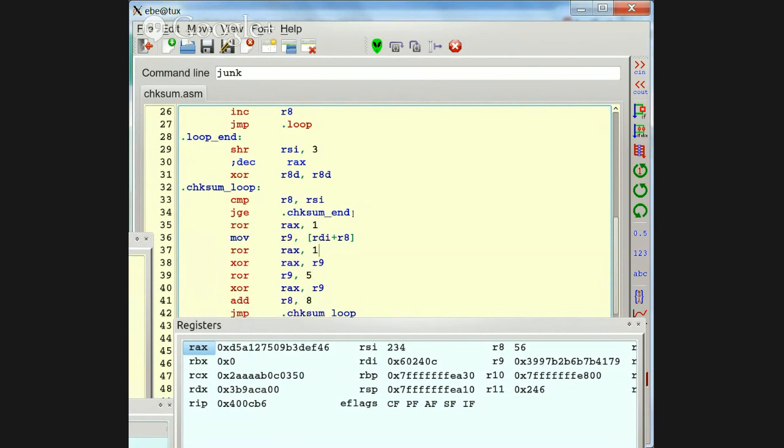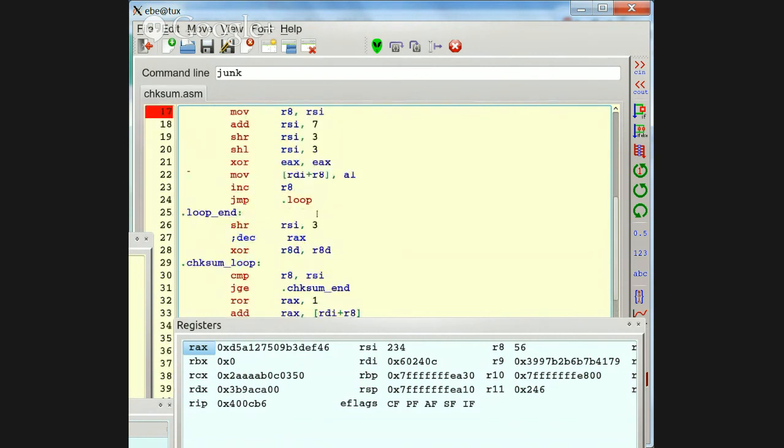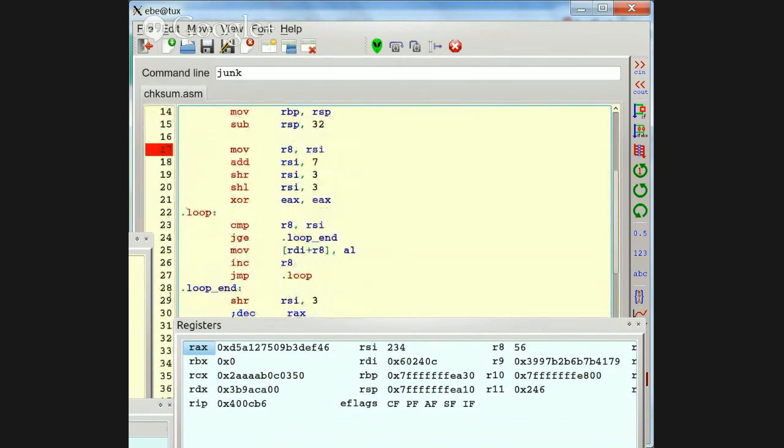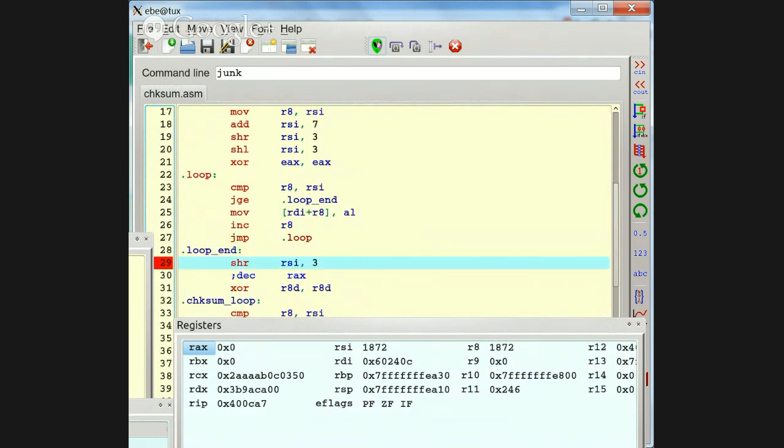And if all we're going to do is add it, there's not much reason why we would want to move it and then add it. We'll just do an add. This is probably going to be an OK algorithm. And it's shorter. And I will pick it up down here, get rid of the breakpoint on 17, and start it up. And we're doing approximately the same as the BSD checksum algorithm.